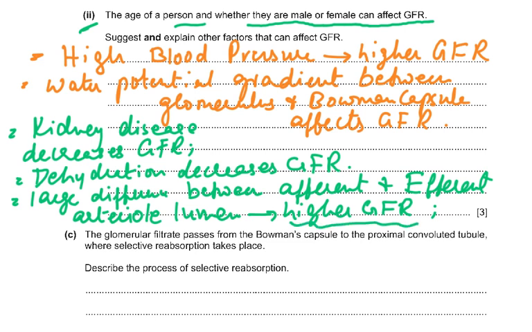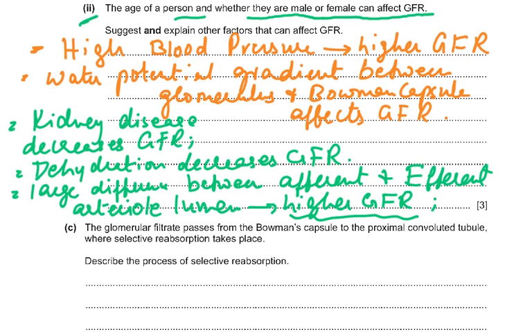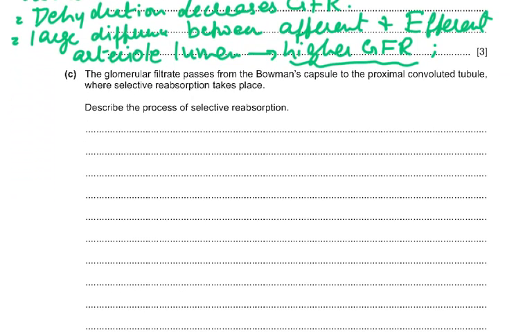So any three out of these, there were lots of points. There's also another point for high altitude, but I'm going to leave that out. Then there are drugs also like diuretics, which are going to increase the GFR. ACE inhibitors, vasodilators, but I don't think we talk about that a lot in the syllabus, so I'm not going to talk about that.